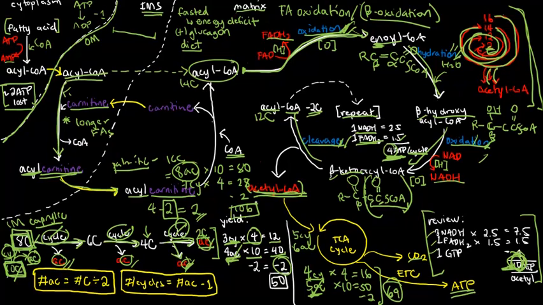So hopefully by showing you these shortcuts, it will accelerate your speed in computing ATP in exam questions that you may be asked for things like these. Now, one last thing is that you should know that all of the things we've been discussing so far will only activate when we are in the fasted state, because that is when we have energy deficit. That is, we are starving, our blood sugar levels are low, and our body is desperately trying to find sources of energy. Otherwise, we will die.